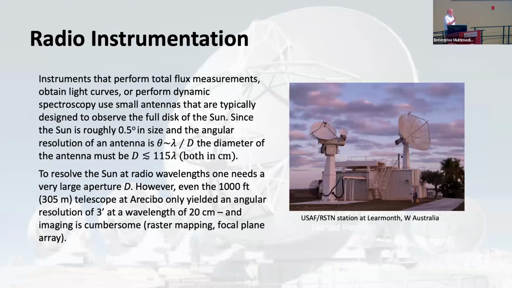Okay, radio instrumentation, I'm not going to say very much. For these simple observables, flux density, light curves, dynamic spectra, typically we want to see the whole sun. It's a big and bright source. We don't need lots of collecting area. So we just have little dishes, which operate at fixed frequency or have a spectrograph attached to the back end or whatever. Okay. If you want to do imaging, though, because the resolution goes as lambda over D, and we're